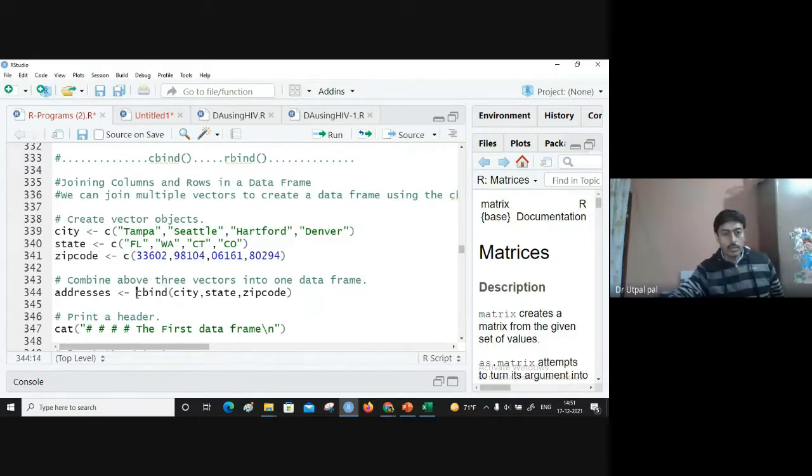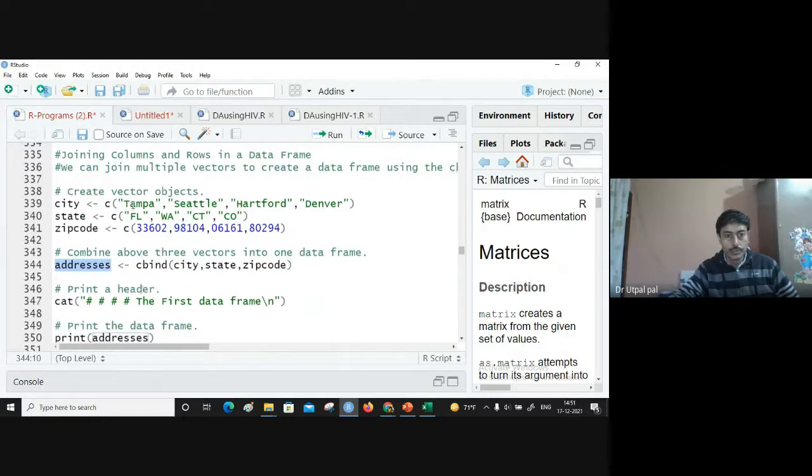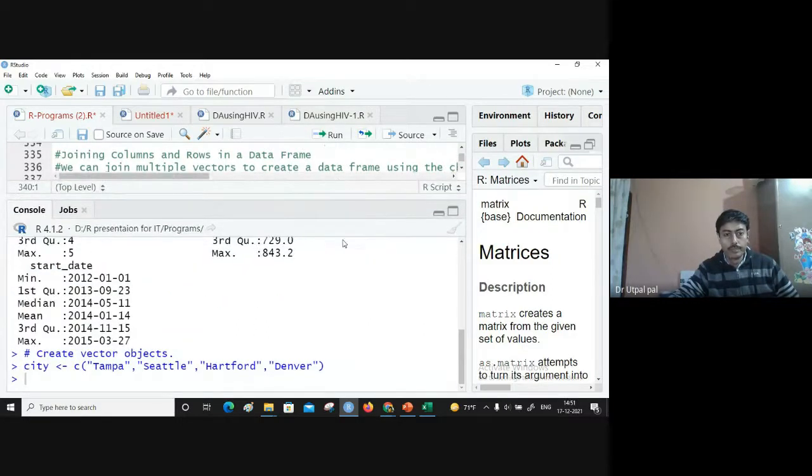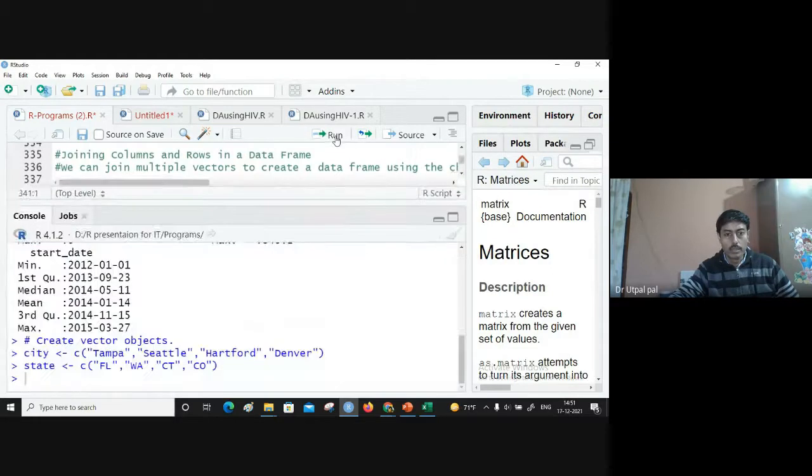So for this we have the function cbind. Within this function we will mention the names of these vectors. Now these 3 vectors will make one table called address. So let me show you by executing this. Run again.